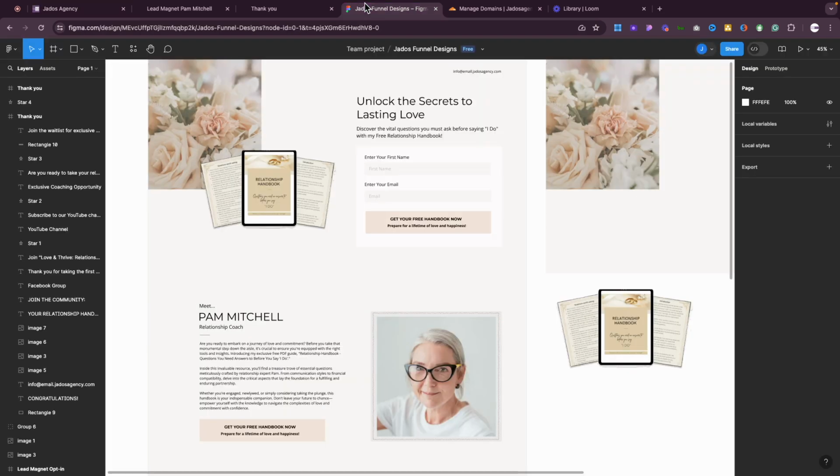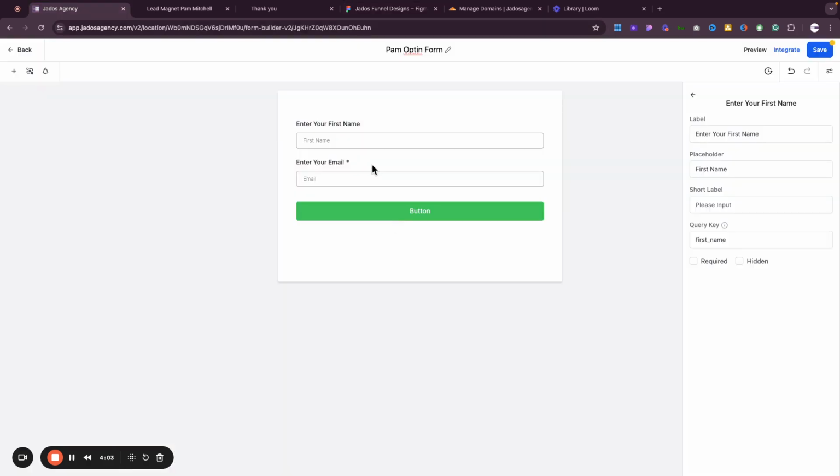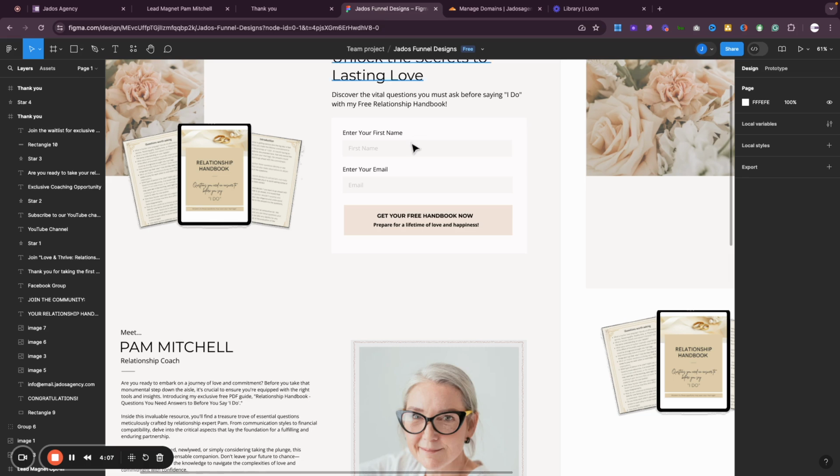So let's have a look at the design here. I'll just increase that. Enter your first name, and the placeholder text in the field is first name. And the placeholder for the other field is email. The button has a title that says get your free handbook now, and the subtitle is prepare for a lifetime of love and happiness.